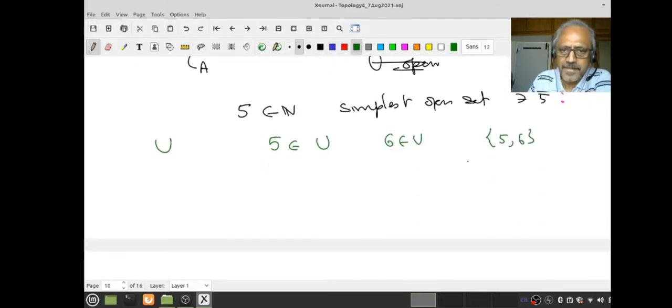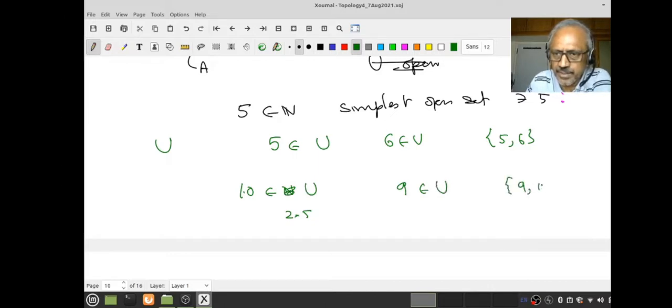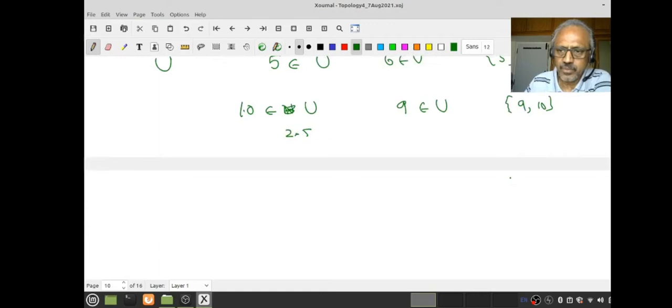And suppose I say 10 belongs to U. What do I know? 10 is 2 times 5. Therefore I know 9 must also belong to U. Then 9 also belongs to U. Therefore the simplest open set should be {9, 10}. More generally,